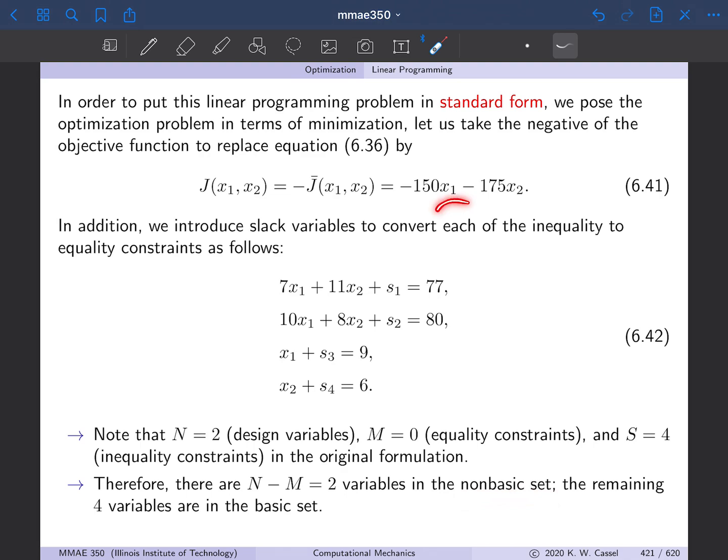So where do we get the 6 variables? We have 1, 2, 3, 4, 5, 6: N, which is 2, plus 1, 2, 3, 4, S to make 6. So 6 total variables, 2 are 0, and 4 are non-zero at each basic feasible point, which are the